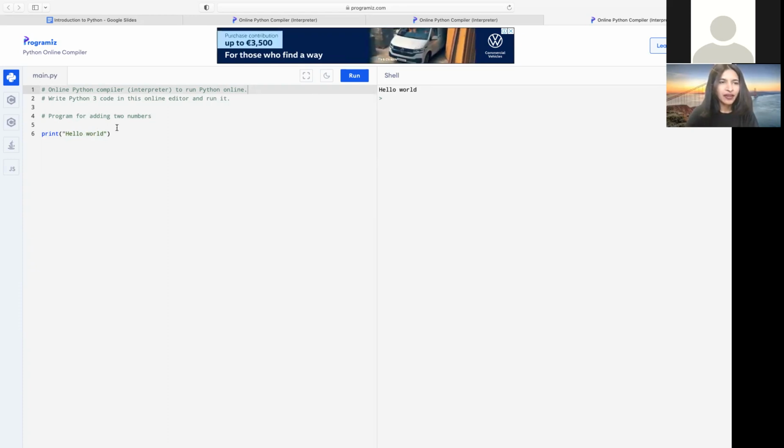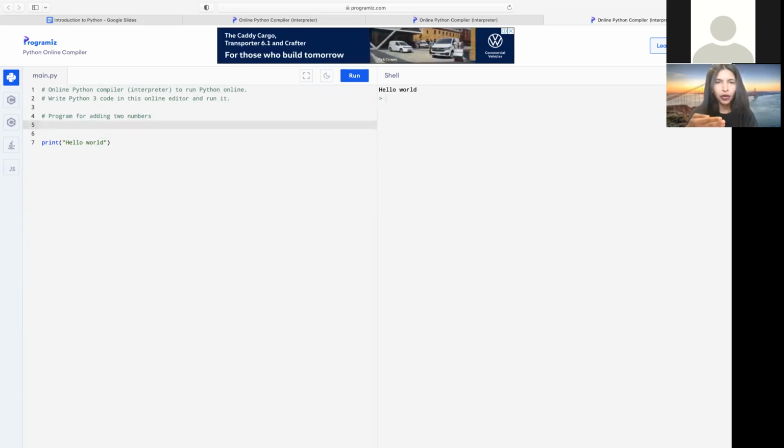Okay, so let's go back to a point where we want to add two numbers, and we want to print the numbers that we are adding. So let's say if we are adding 10 plus 20, we want to print that the result is 30, because the user should know what exactly is the output, or what is the addition of two numbers.